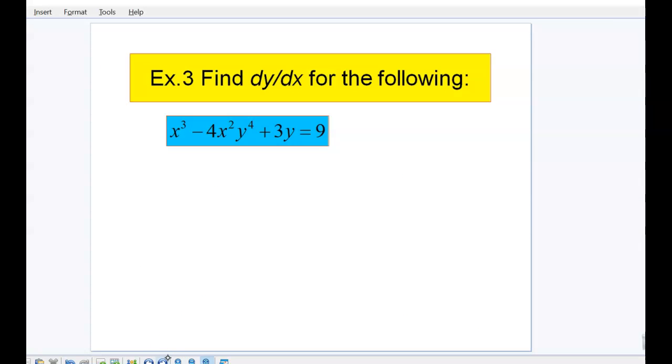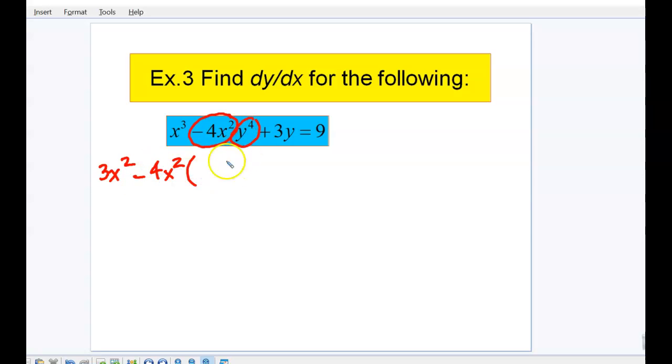Okay, this question here is very similar. The only difference is there's a minus sign in front of my product rule. So we have to be careful with this one. So again, let's go through this one. The first step is take the derivative of the first term, which would be 3x squared. And now when I do my product rule, I'm going to lump the negative sign, or the subtraction sign, with the 4x squared. So when I do the product rule, it's going to be the first function, which is negative 4x squared,